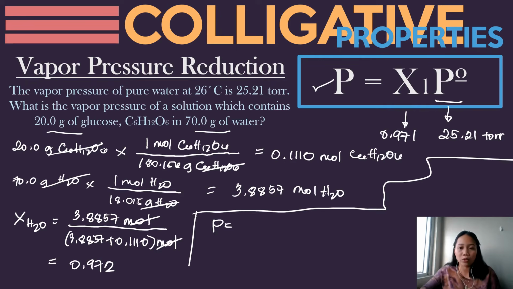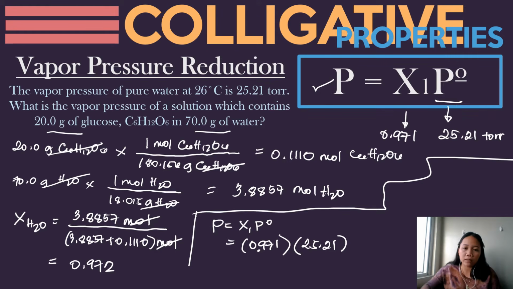So you have P is equal to x sub 1 P prime. So your x sub 1 is 0.971. There's no unit because that is mole fraction. Multiply to 25.21 torr. Then all you have to do is to obtain the product, and you will get P is equal